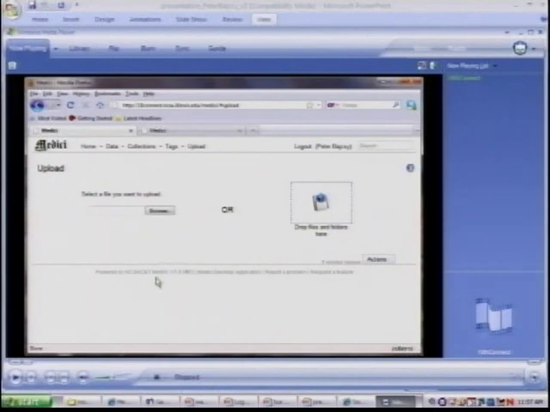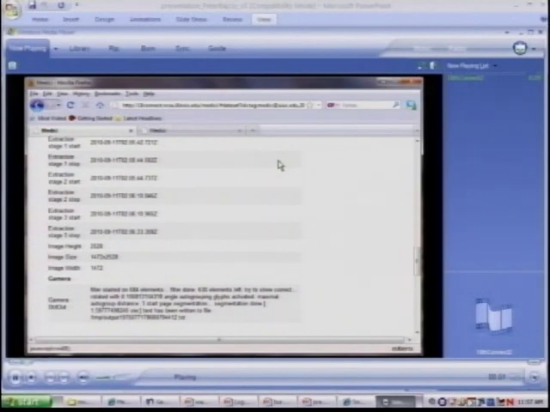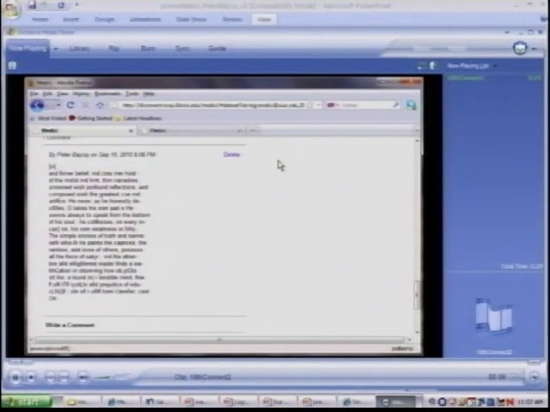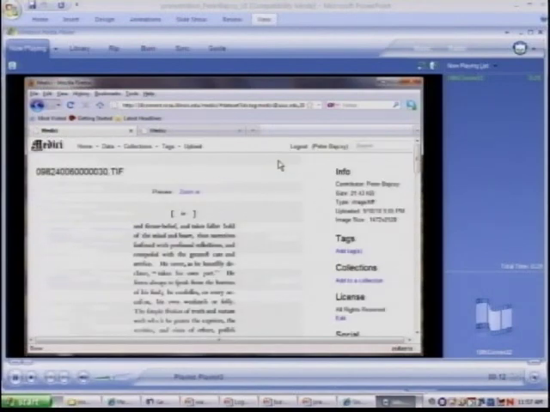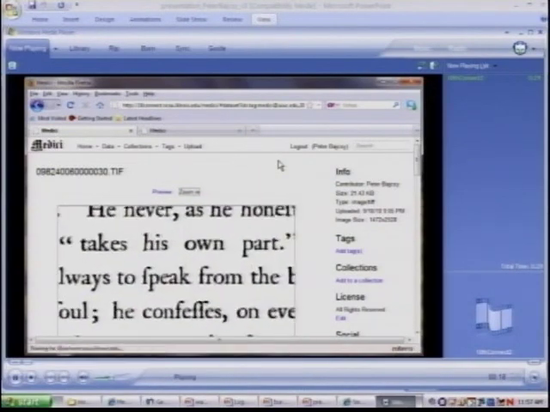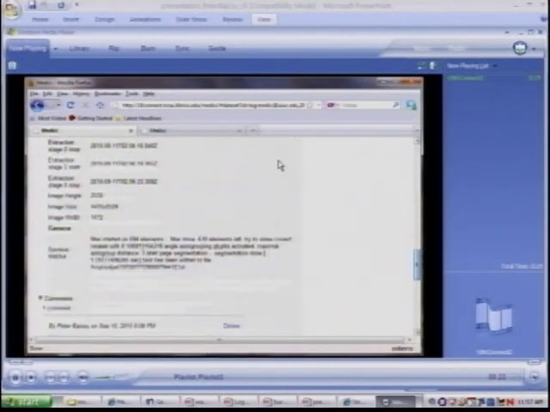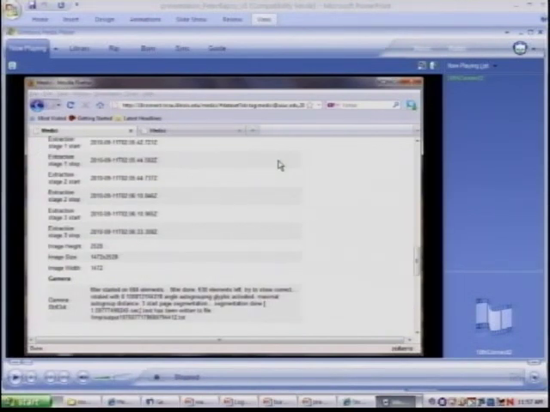Right, so now I can look at the result, and my result is going to be the OCR result. Here is the OCR result. Perhaps it's not perfect, but I can go and edit it, right? And that happens as soon as you drag and drop your file to the system. All the computation is happening on the back end. You see I built a pyramid, so now I can zoom in and zoom out. On the right side, I can tag it. I can add it to a collection. And also what is critical is to keep provenance. So I know that this particular result, the OCR result, the string, came from that image. So that relationship is preserved.